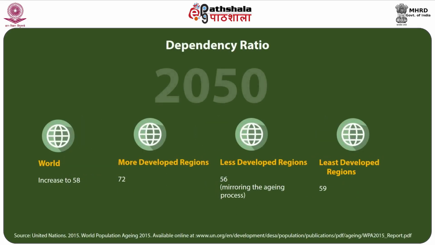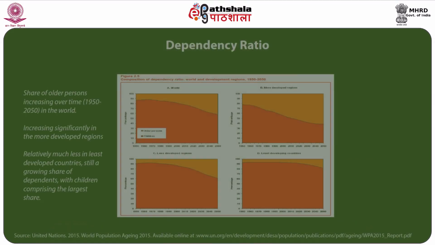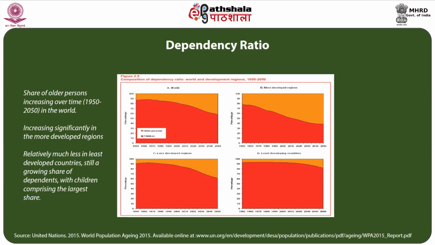The projection shows in the dependency ratio that by 2050, the world as a whole is going to increase to 58. In the case of more developed regions, it is 72, in less developed regions, 56, and in the least developed countries, it's going to be 59, mirroring clearly the process of aging, how it is experienced,